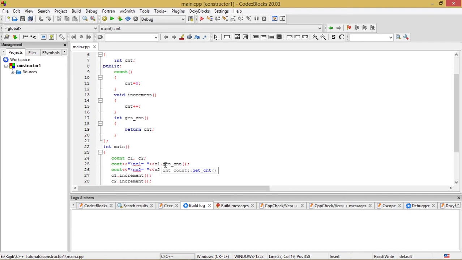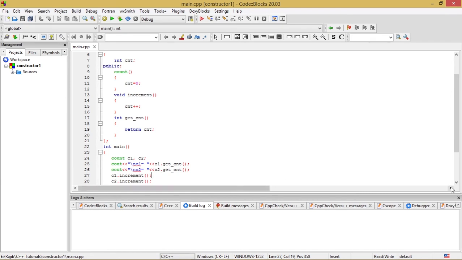So C1.get_CNT should give the value of 0 because C1 has a CNT value of 0 now, and C2.get_CNT will also give us the value of 0 for CNT for the C2 object. So as far as these two lines are concerned, we can expect that this will be printed as C1 is equal to 0 and C2 is equal to 0.